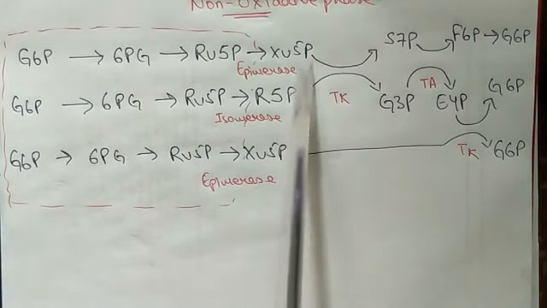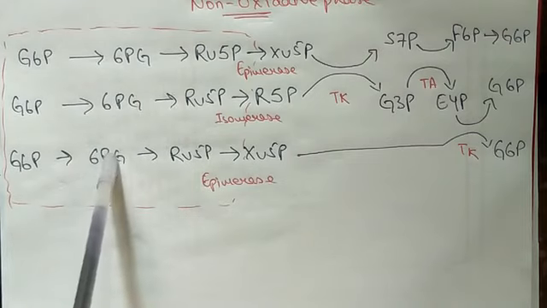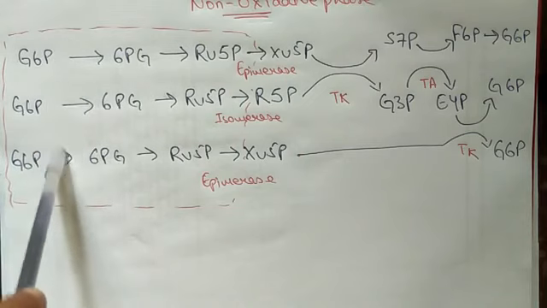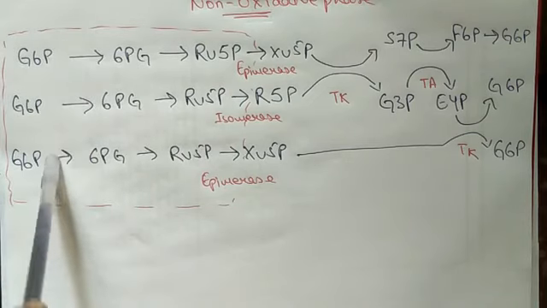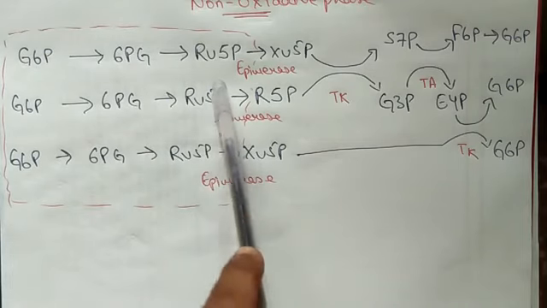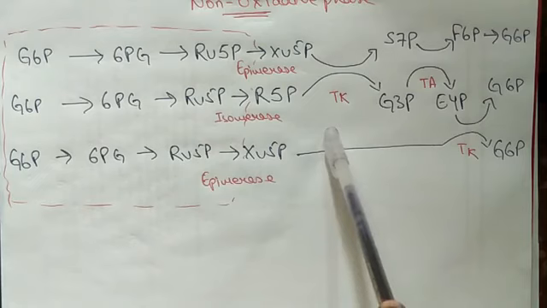You can see the red box. This much is the oxidative phase of the pathway. As that cycle runs 3 times, we get 3 glucose 6-phosphate, 3 6-phosphogluconate, and ribulose 5-phosphate. Now from here, the second cycle, the non-oxidative phase, proceeds.